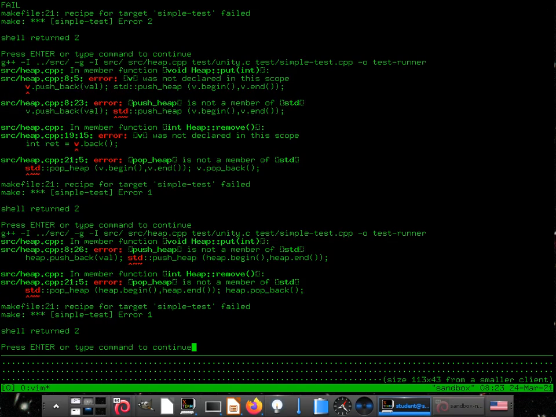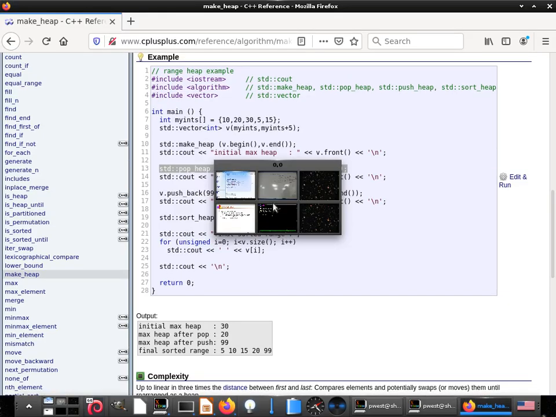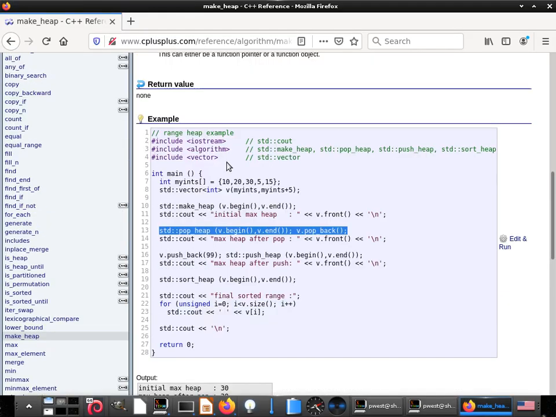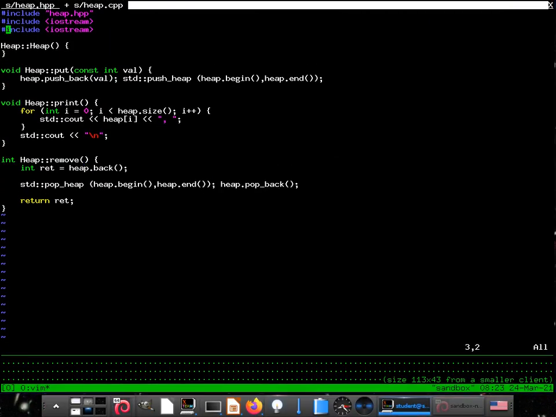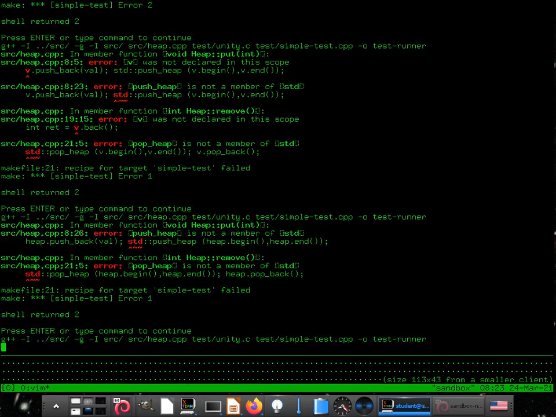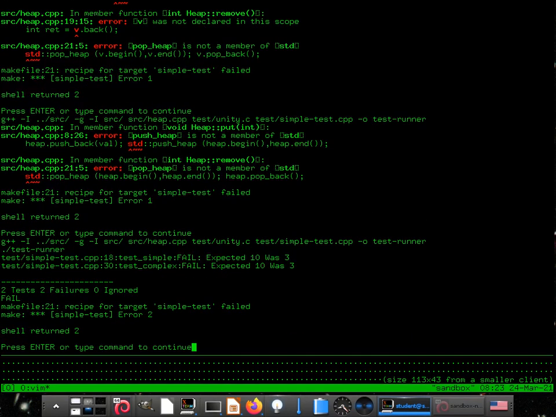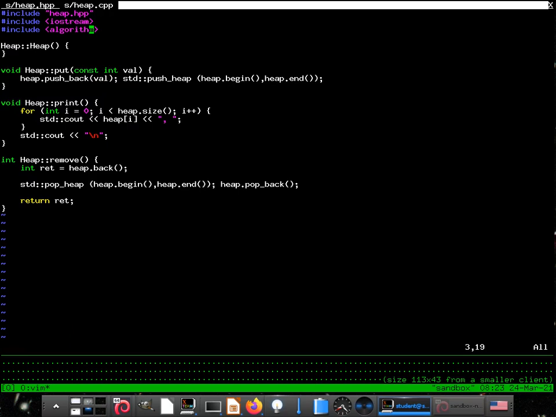Yeah, we're almost there. Push heap is not a member of std. I think it's an algorithm, is that right? Vector, algorithm, perfect. Algorithm. All right, so this is where things get a little tricky. Expected 10 was 3. Well, what's happening